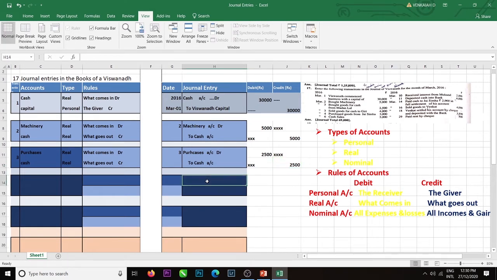Okay. Sold goods for cash to Giri. Here we have to record cash, not Giri. Only if the cash is not given, it is treated as a credit transaction. Then we have to record it on his name. Okay. So here the entry will be